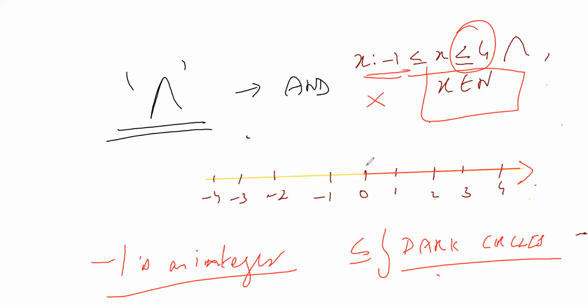So 0, I think we cannot use it. Only from 1 you should start. I mistakenly marked 0, you should not use this. Dark circles. I'll use a different thing altogether. We should start from which one? From this thing. From 1 we have to start. That will be fine. 1, 2, 3, 4. From 1, then 2, then 3, then 4.